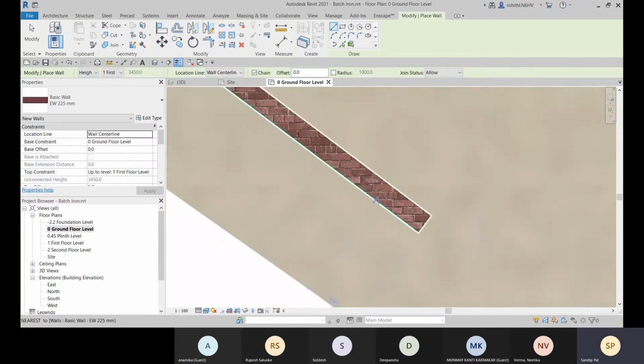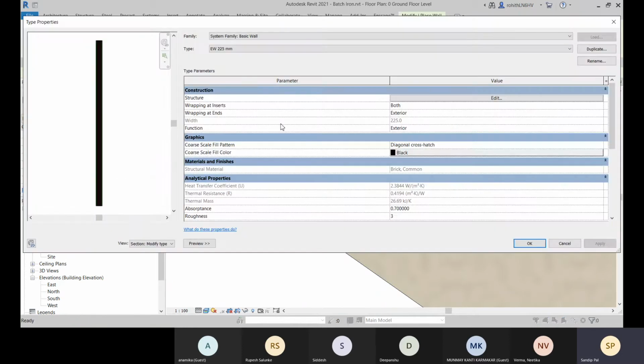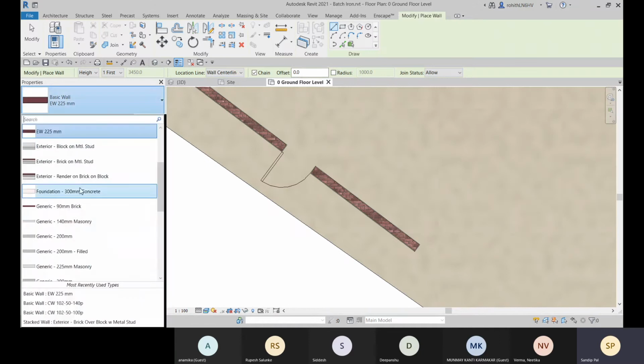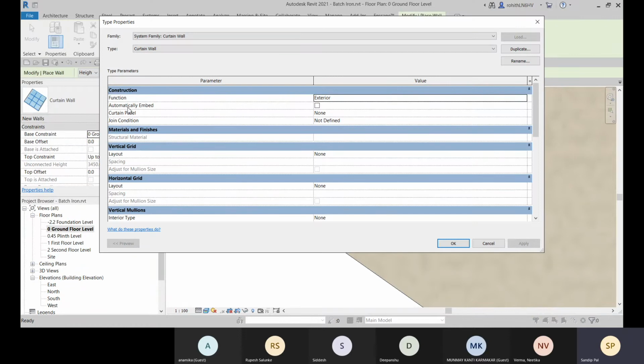Let me go to the ground floor, and here if I apply anything, before that let me show you that for this curtain wall, within this type, the automatically embed option is unchecked right now. And what is the function? That is exterior. If you are applying to the interior side, you can choose interior. Okay, and the curtain panel, what kind of curtain panel? If you have any type of curtain panel like this system panel glazed, you can predefine it, click on apply. Okay,